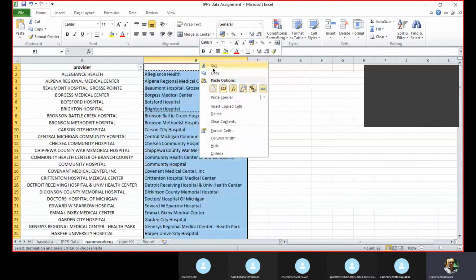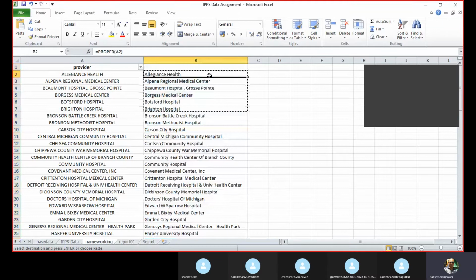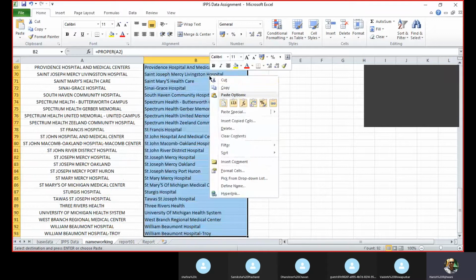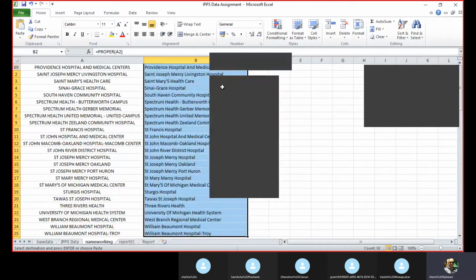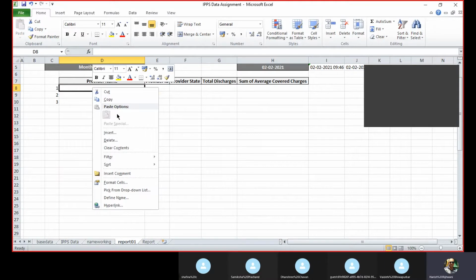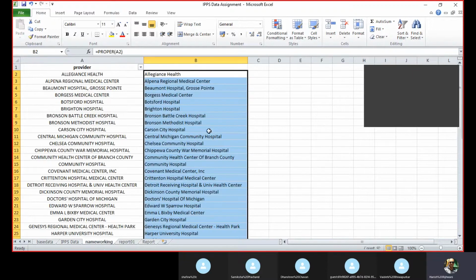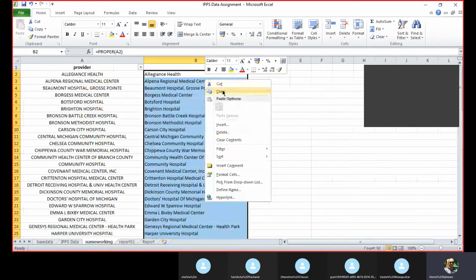Control Shift down arrow. Not from there. You can't copy the entire column. Copy from B2. Yeah, Control Shift down arrow. Control C. No, no. Copy it again. It went away. Once you press F2 or something, if you start editing, the selection goes away.